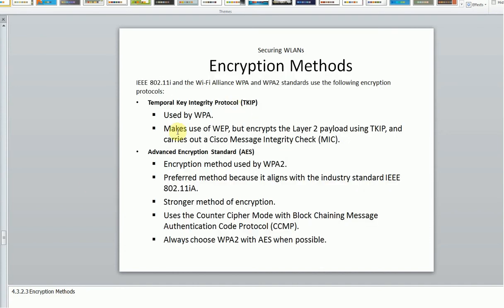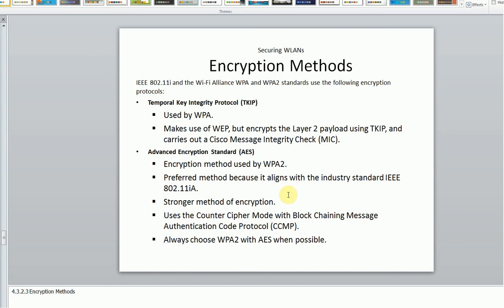TKIP is the Temporal Key Integrity Protocol. This protocol is used by WPA, and it uses the Cisco Message Integrity Check, Cisco MIC, by which it carries out the authentication mechanism. Whereas WPA2 uses AES. AES is a standard authentication mechanism. The full form of AES is Advanced Encryption Standard, where it uses a better encryption mechanism.